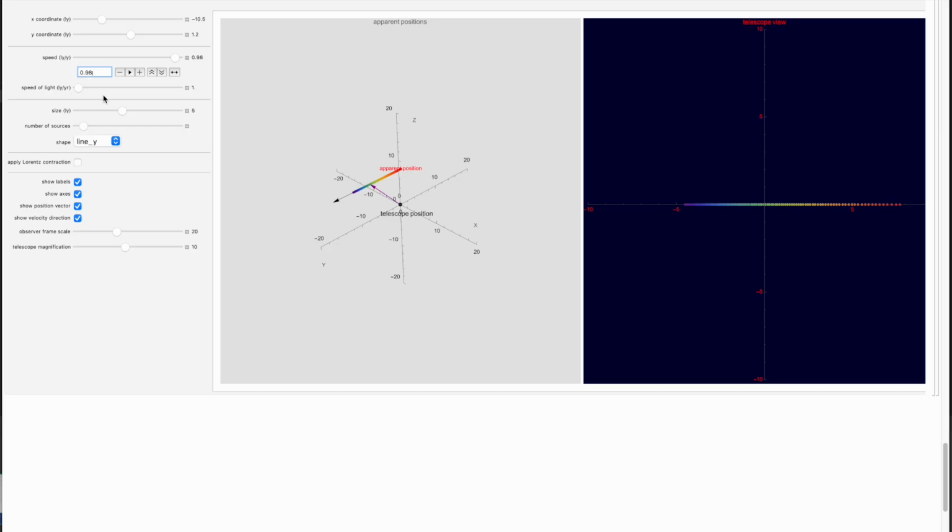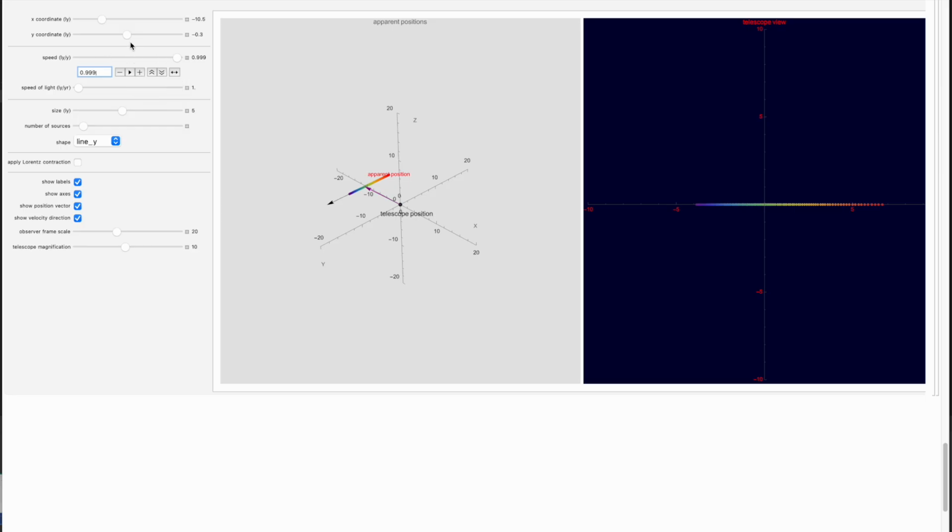Okay. Let's try modifying the position of this thing. We're going to first go over here. Let's go over here. What we see is that the apparent length of the line in this display over here changes with position, even though nothing else is changing.